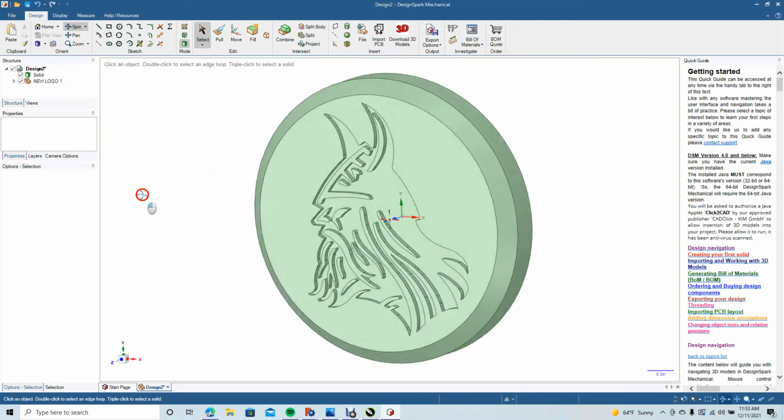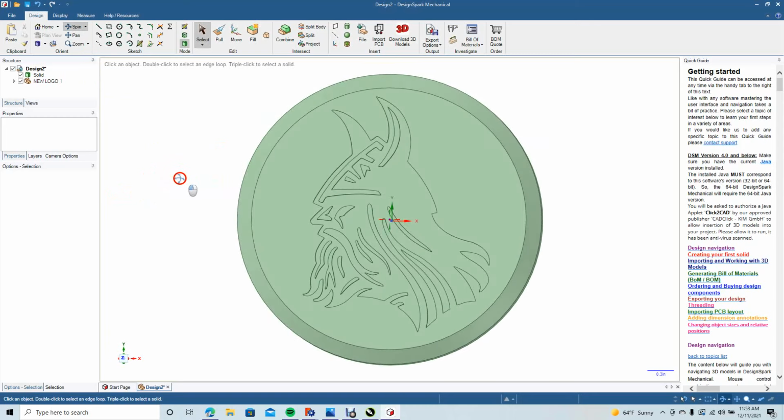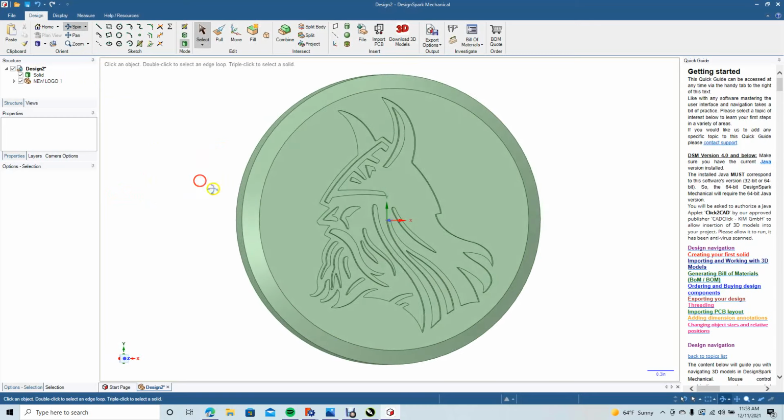Pretty decent looking piece. Now that's what the point I was trying to make about doing all the most detailed prep work you can in CorelDRAW, because there should only be one of these. And the problem with CorelDRAW is when it traces, sometimes it traces one copy on top of another copy. So when you have that problem and you don't double check, you export it out. By the time you get to Design Spark Mechanical, it has trouble filling these, because there's two lines on top of each other, so you have to make sure that there's only one